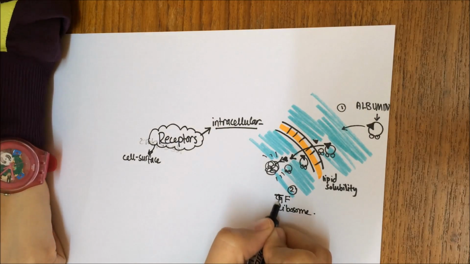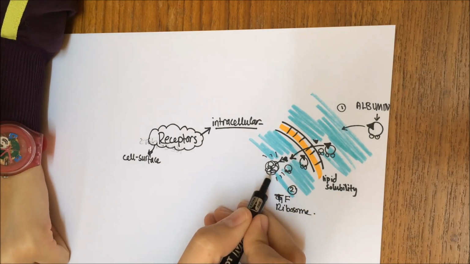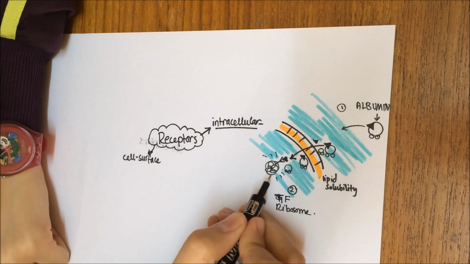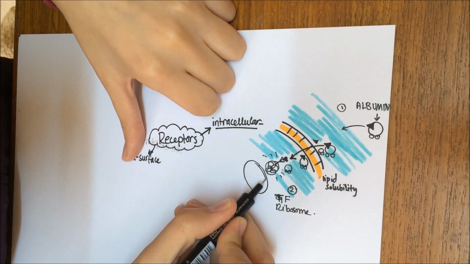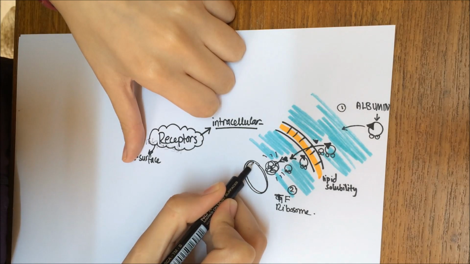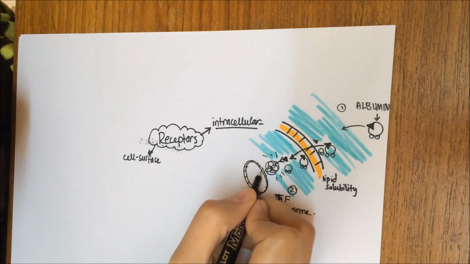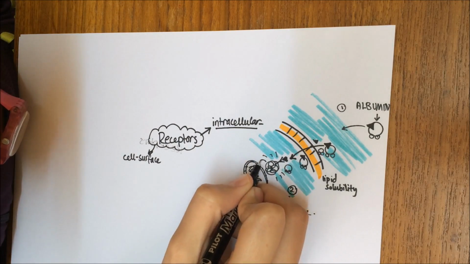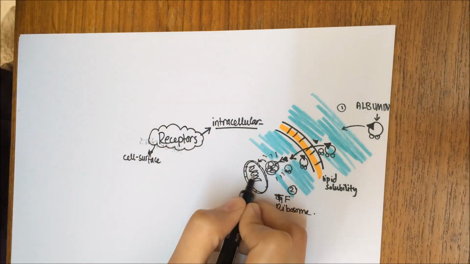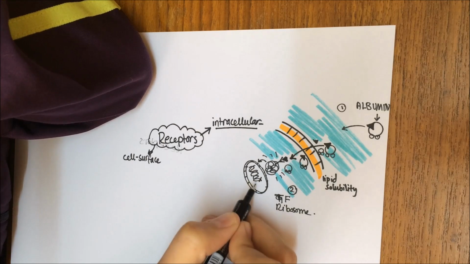Now, if this ligand comes and binds to a certain transcription factor inside the cell, what we have inside the cell is the nucleus, and we have the DNA here. These two will go inside after this has been activated, and they will go and bind to a certain